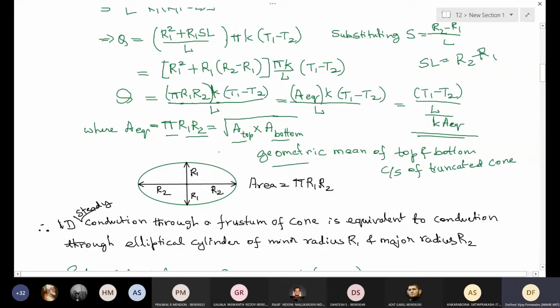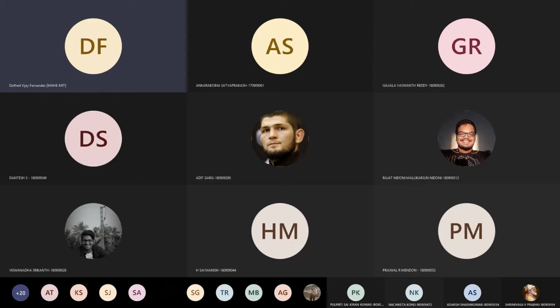If you look at the ellipse, the area of an ellipse also has the same formula, pi r1 r2, provided r1 is the minor axis and r2 is the major axis, or the other way around. That means if you have an elliptical cylinder of length L, we can say that the rate of